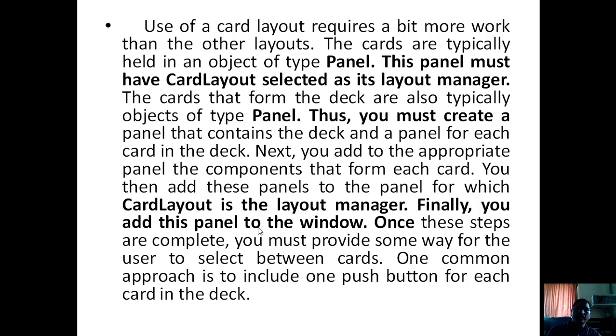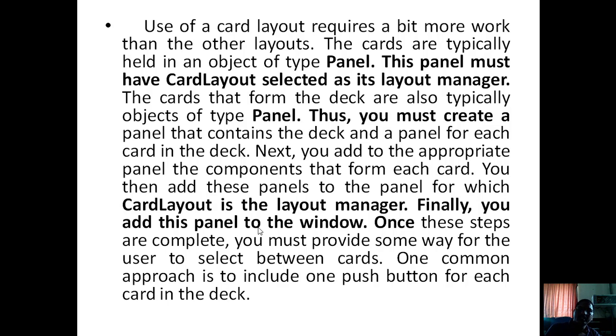Next, we add to the appropriate panel the components that form each card. For each card, we need to add some appropriate components. We then add these panels to the panel for which card layout is the layout manager. Finally, we add this panel to the window.